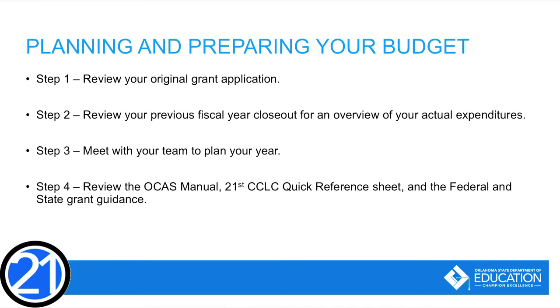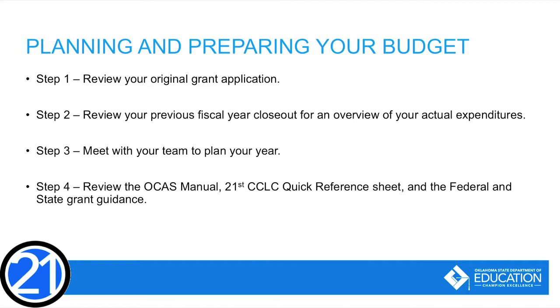Your original grant application is the backbone of your program and should be consulted regularly, especially during times of planning. Using your original grant application will assist you greatly in what your program will need to be aligned with throughout your grant. For grantees in years 2 through 5, your grant cycle closeout report from the previous year will help you to see how much you generally spend in different areas and if there are certain codes that are needed